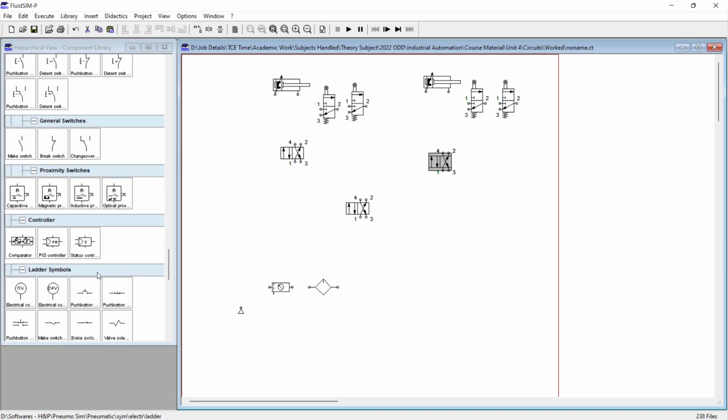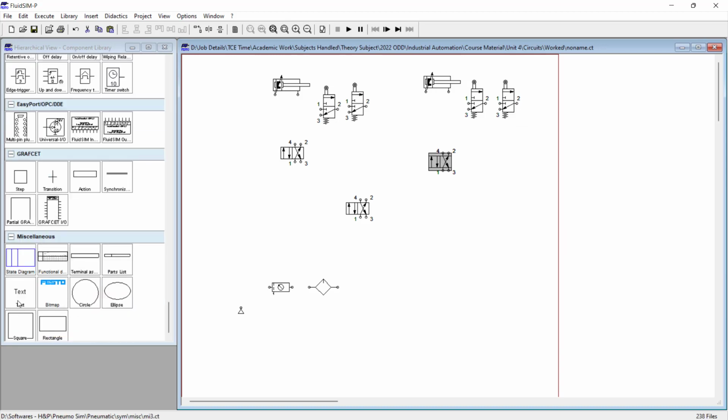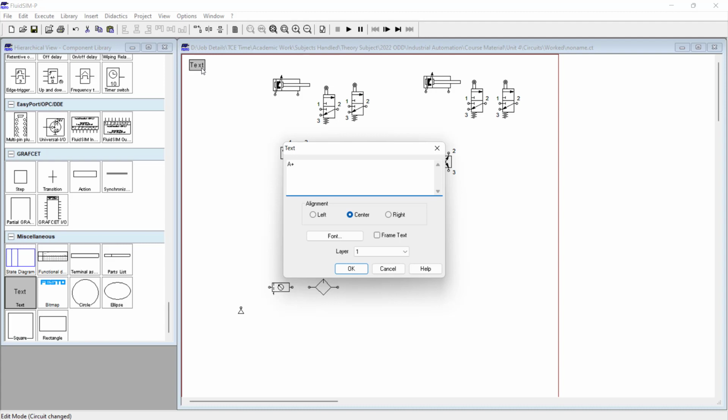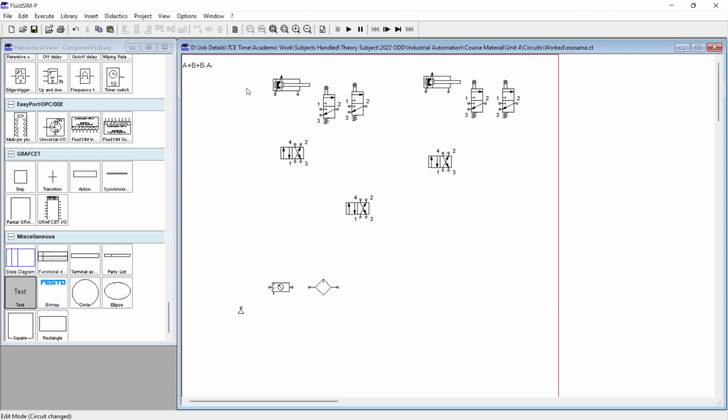Okay, so next take the text here. It should be the sequence A plus, B plus, B minus, A minus. Here we cannot do the sequence through the classical method. Therefore we go for cascade, because a wall lock condition arises; only then do we go for the cascade method. And this will be the A cylinder,